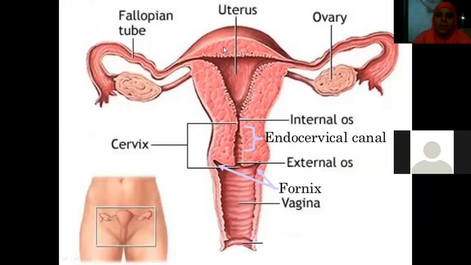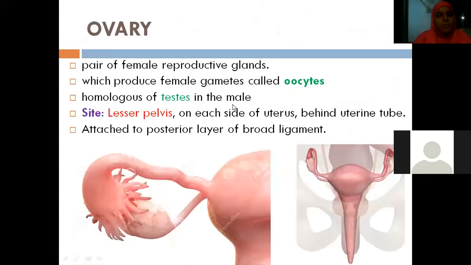Okay. So, what are the parts of uterus? Fundus, body, cervix. In the cervix, we have internal os, external os. Then the continuation is vagina, and this is the lateral angle. At the lateral angle, we have the fallopian tube. The continuation of the fallopian tube is the ampulla, and then we have fimbriae. At the fimbrial end of the fallopian tube, we have the ovary. So today we are going to discuss ovary and also fallopian tube in detail.